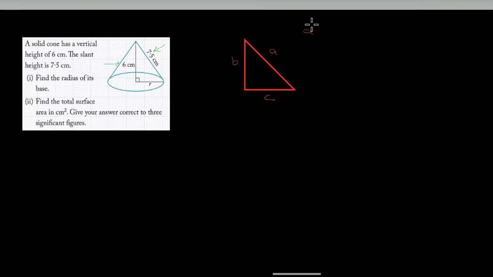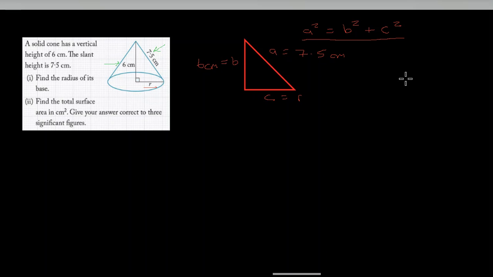So therefore a squared is going to be equal to b squared plus c squared. So that's Pythagoras' theorem. So what we can do is we can use this to figure out what the radius is. So what we're saying is, with this triangle in relation to the cone, A is equal to 7.5 centimeters. C is equal to the radius, which is unknown, which is what we want to find out. And then B is equal to 6